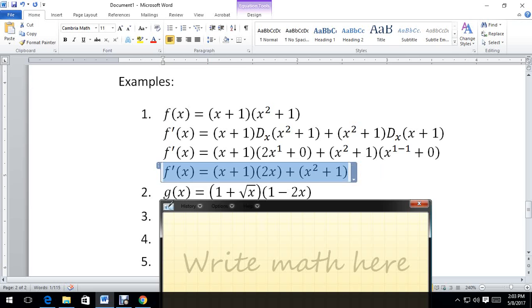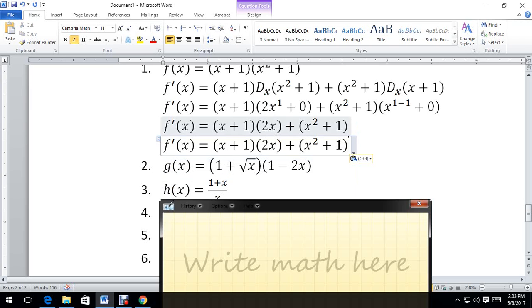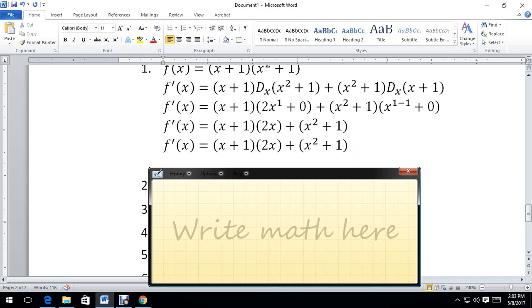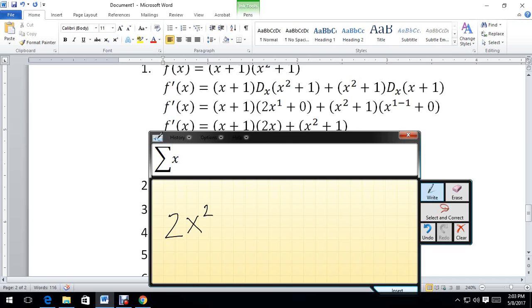Now, as a final form of the answer, we could actually perform the product between 2x times x, distribute 2x with x plus 1, and perhaps drop the parentheses and combine like terms. So if we are going to multiply 2x with x, that becomes, okay, multiplying 2x with x, that would become 2x squared plus